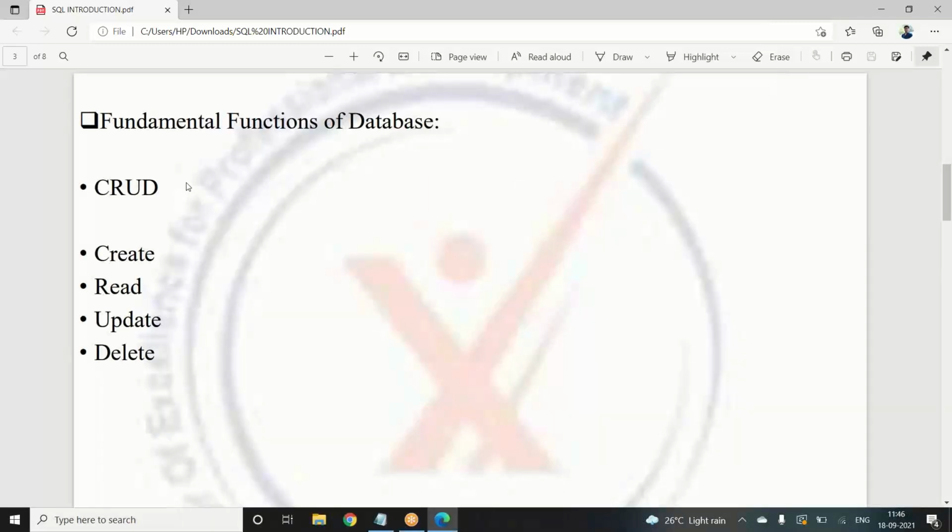Normally, out of these four, creating a database, updating and deleting are done by the database administrators. In any IT company that you get into, you would have a database administrator working for them who will manage all the data that belongs to that company. He's going to create the databases, update and delete as per the necessity. And what you will do is you will go for the second part.